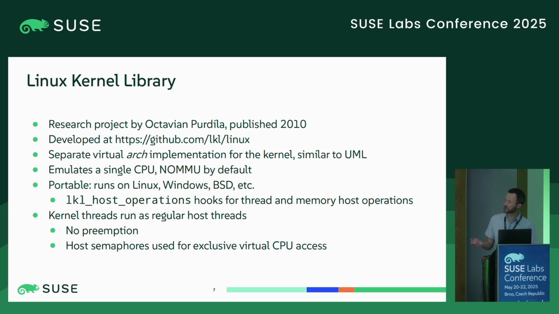It's quite portable as well, in contrast to UML. lkl runs on all sorts of systems: Linux obviously, Windows, BSD, Android. There are even some ports to things like UEFI bootloaders. I think Octavian also got it running within the NT kernel itself. It just has this host operations API, which needs to be provided by the underlying host system. The kernel threads run as regular threads, so